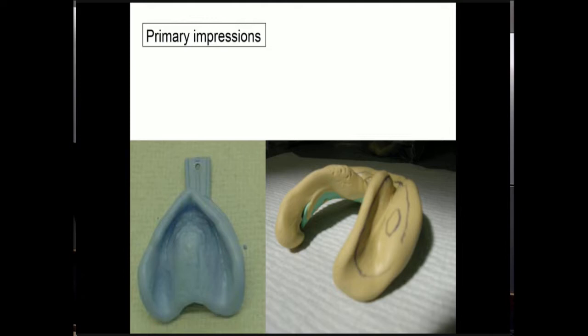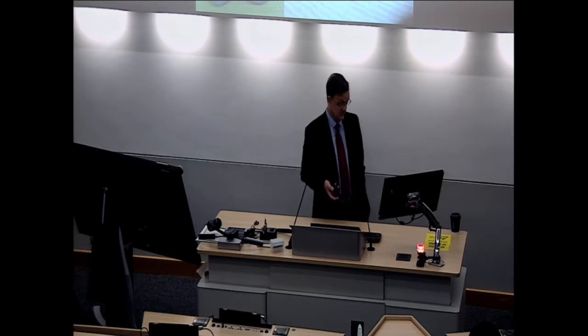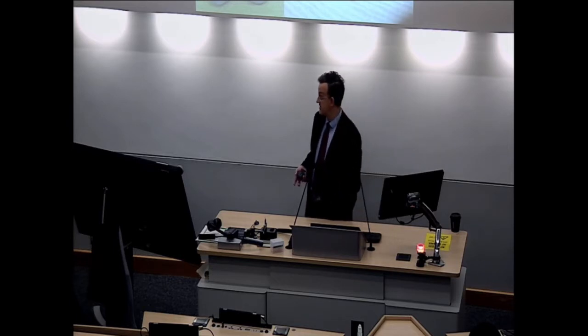The alternative, if the expense of silicone putty is a problem, would be compo. I have 2 things to say about good old-fashioned pink cake compo. It's a great material. It doesn't do undercuts too well, so be careful of that. You don't want to lock it into hard tissue undercuts. And the other thing to say is